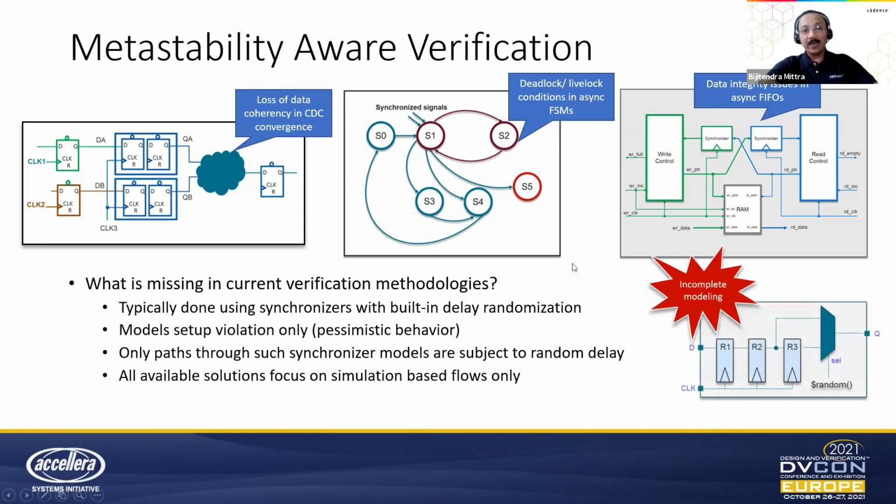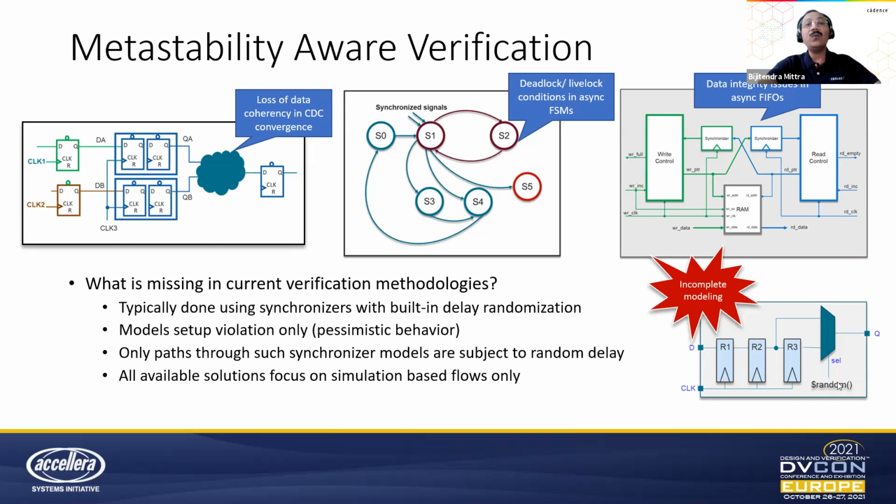So if we look at, typically this kind of thing is done in simulation with some special synchronizer models with built-in randomization. What it does is it tries to randomly delay the output of the synchronizer by a cycle. Now, when we try to model this with one cycle delay, it actually models the setup violation only. But as we know, if there is a hold violation, the output can actually appear one cycle in advance as well. Those types of violations are not modeled by these structures,